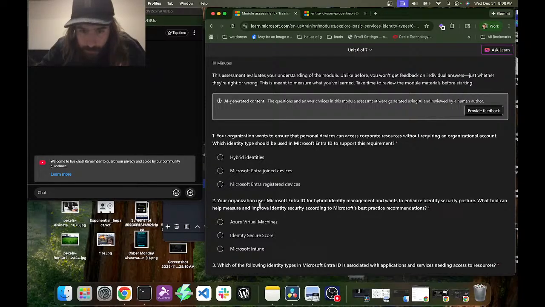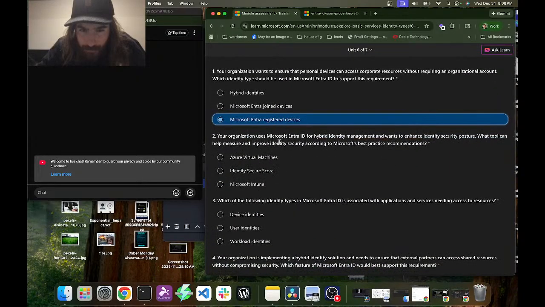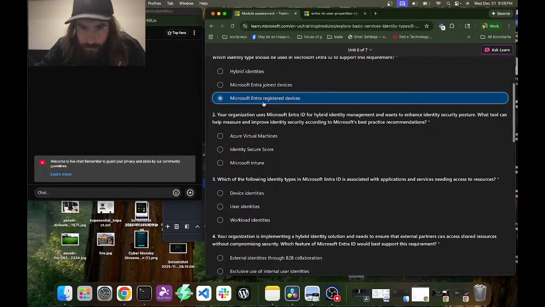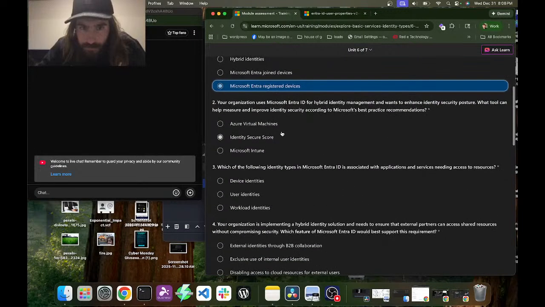And it would be a Microsoft Entra registered device, I believe. Sometimes I get them confused. I'm pretty sure joined is like when you actually have a Windows 11 Pro license and it's enrolled with the domain. And this is just when is the BYOD device.